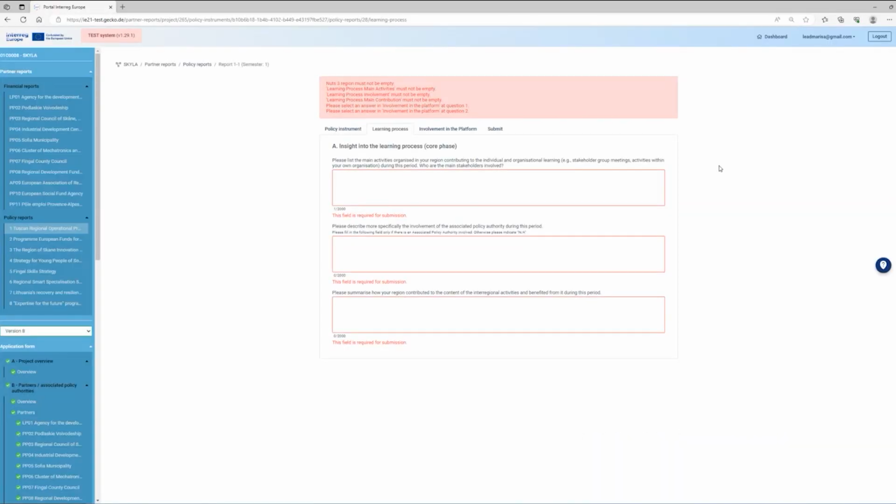We will now show you how to report on the second tab of the policy report. The second tab, Learning Process, is as easy to fill in as the first tab. Inside it, the learning process core phase contains 2 or 3 questions accompanied by a text field of 2,000 characters